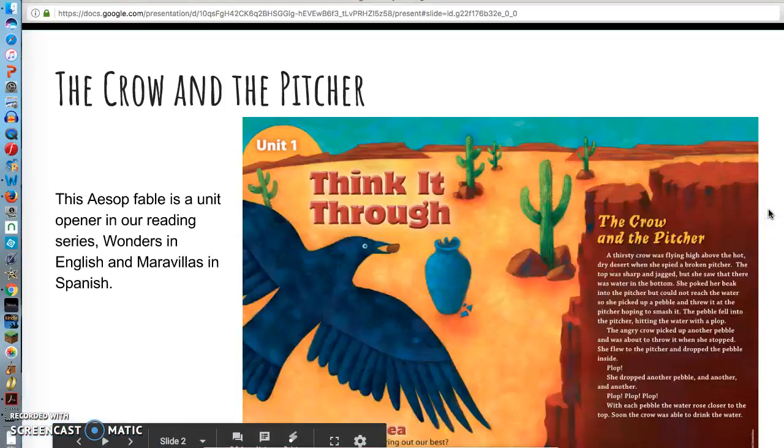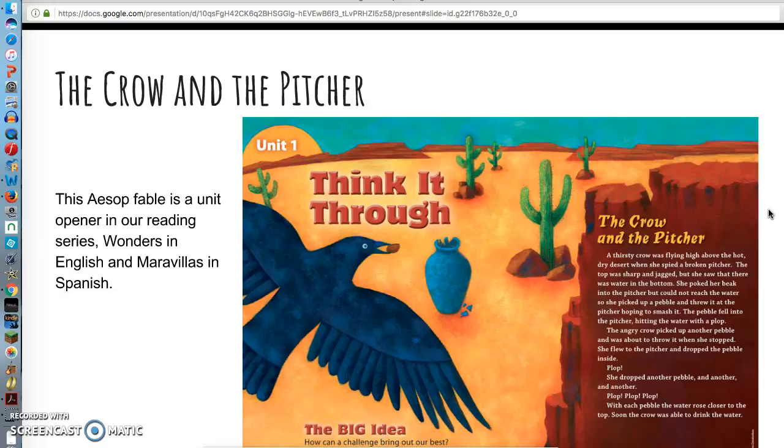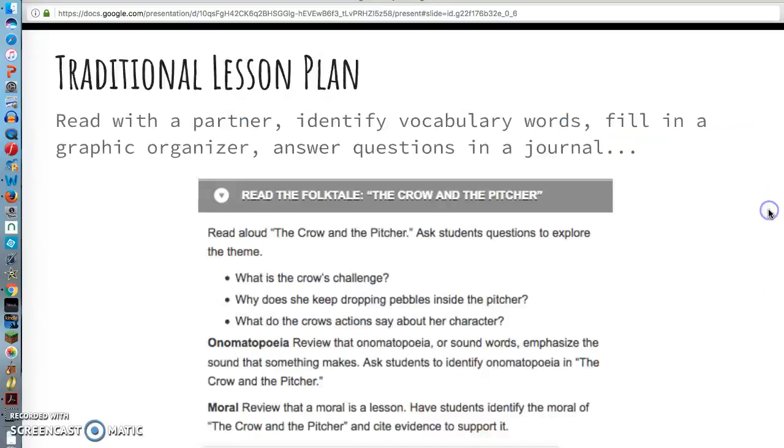So our story is The Crow and the Pitcher, which is a unit opener for the reading series that my school district uses, and it's Wonders in English and Maravillas in Spanish. And this is to present the big idea, which is to be a problem solver or how to face a challenge. So in the traditional lesson plan,